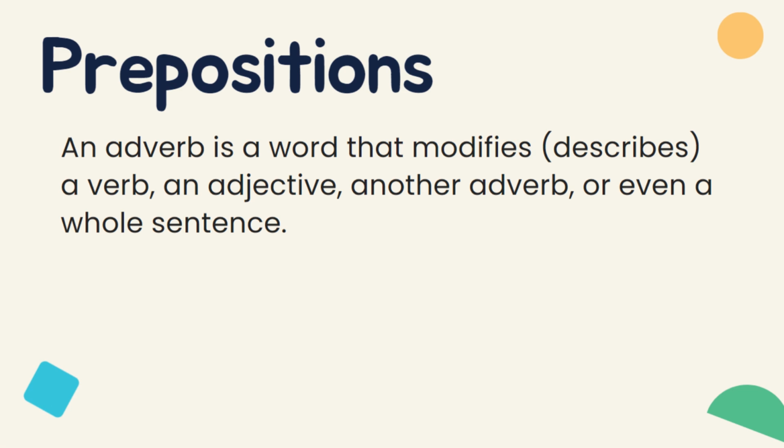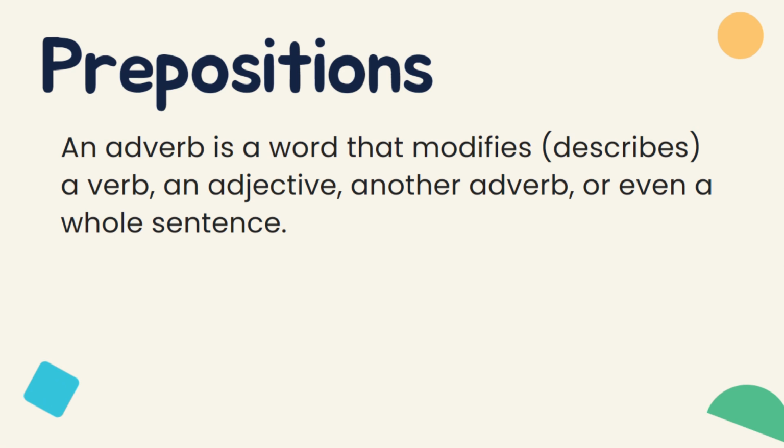And some examples is I put your wallet on the table. The word on is an example of preposition that describes the noun and the pronoun that is used in the sentence. And then next, let's have